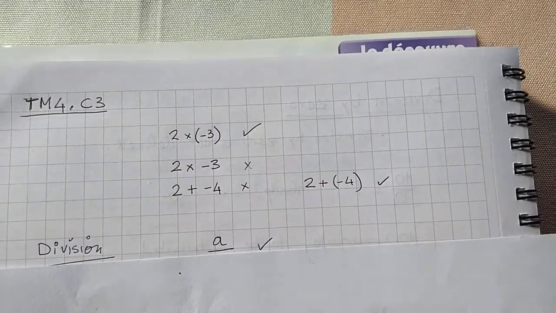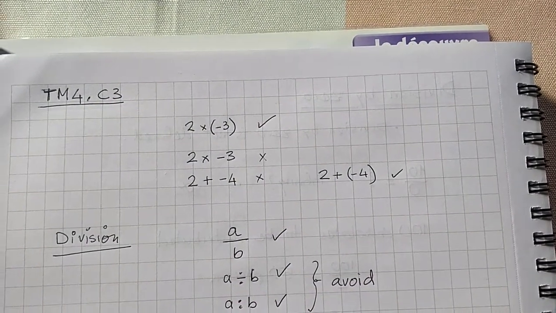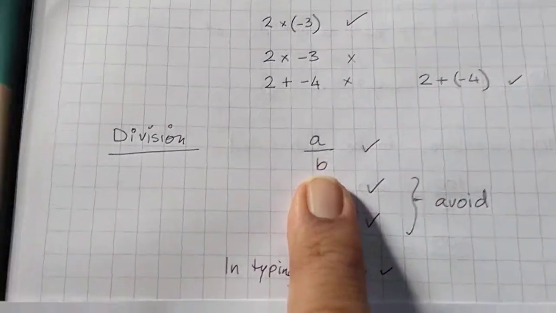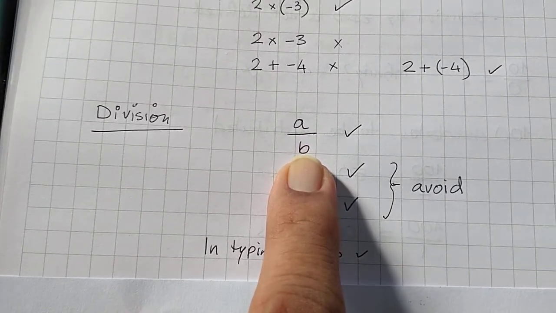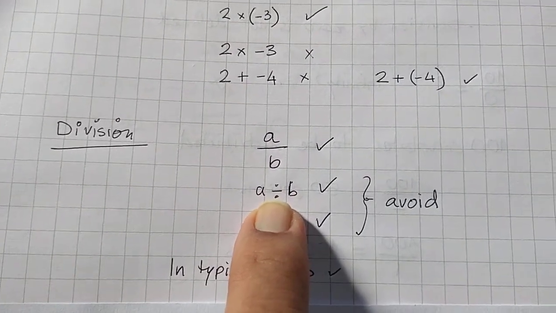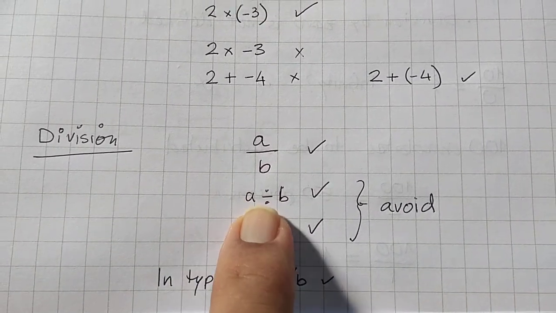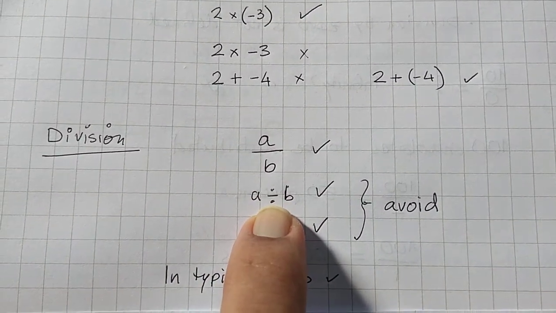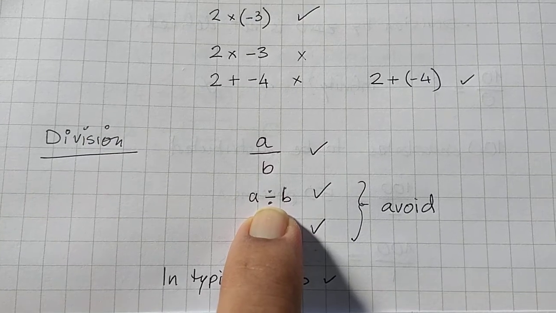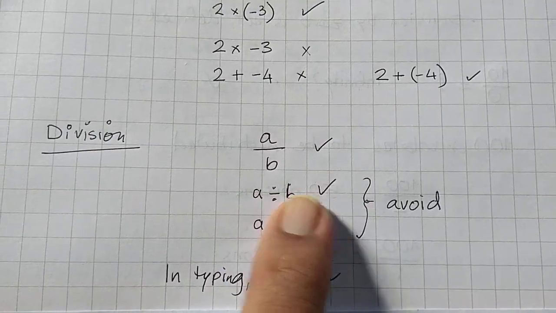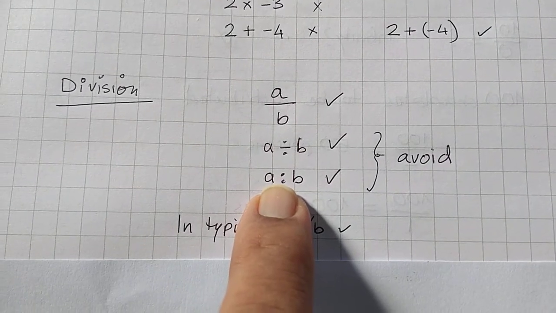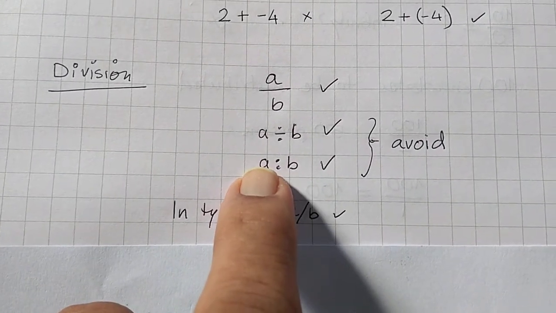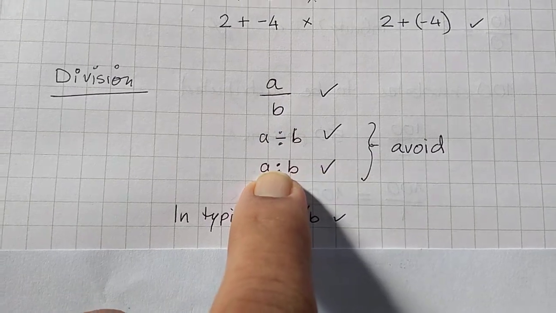Okay, now we come to division and the ways of writing division. So this is the correct way of writing division, a divided by b. This is also what you have learned in arithmetic, a divided by b, and this is the sign that is there on the calculator, the division key. It is correct. Some places they just use a colon, in French deux points, for division. A divisé par b. This is also correct.